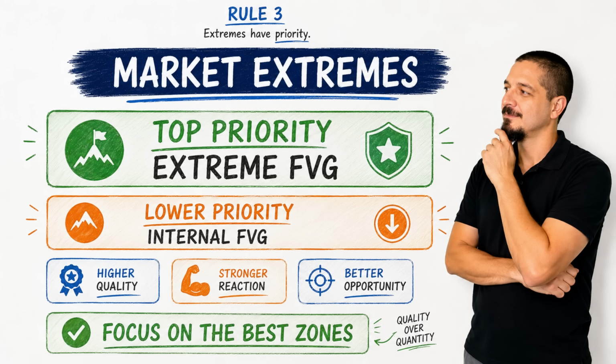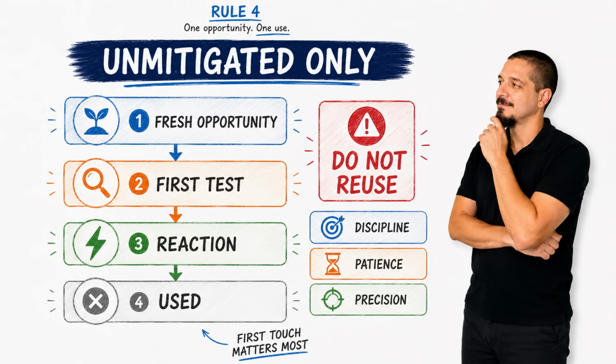Fair value gaps situated at market extremes hold a higher priority for trade execution compared to those found elsewhere. Rule number 4. It must be unmitigated. Fair value gap areas are considered one-time use, meaning we focus on the trading opportunity when price first enters a fair value gap. Once an FVG has been mitigated, we do not consider it an area of interest for future